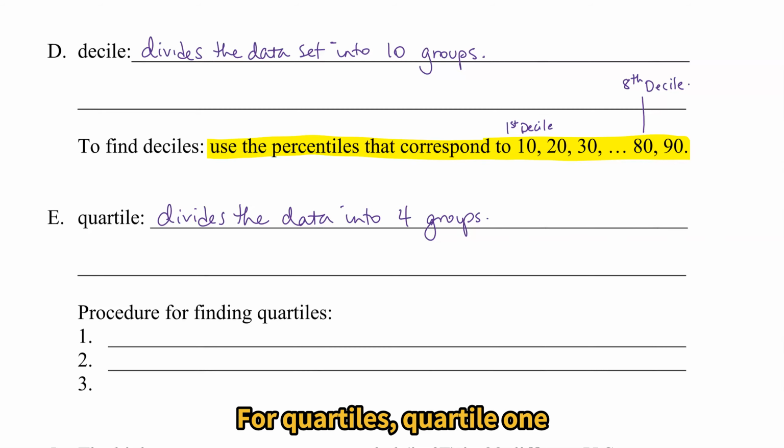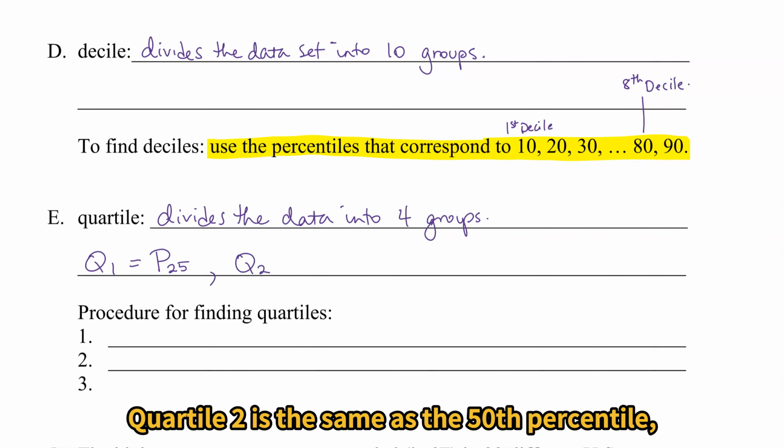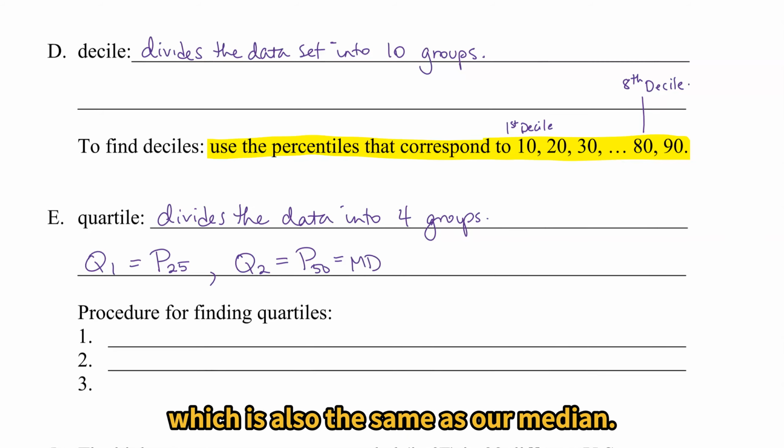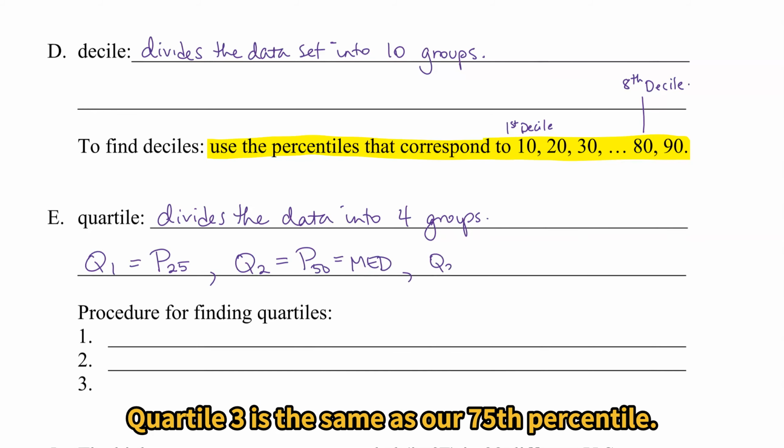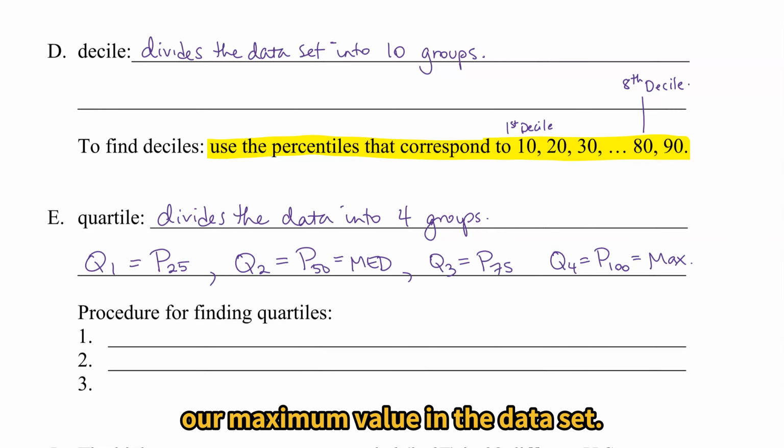For quartiles, quartile 1 is the same as the 25th percentile. Quartile 2 is the same as the 50th percentile, which is also the same as our median. Quartile 3 is the same as our 75th percentile, and quartile 4 would be our maximum value in the data